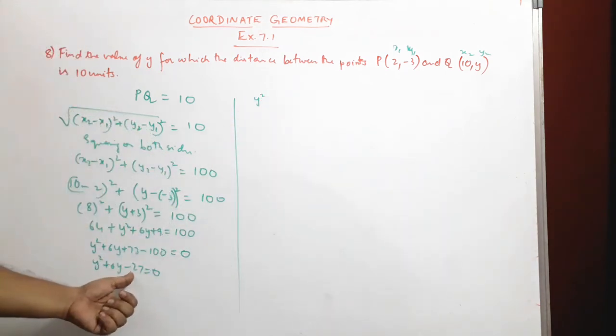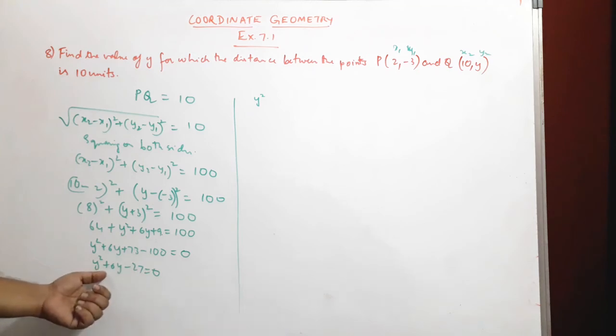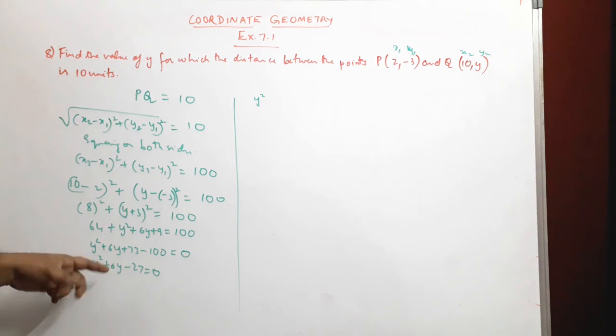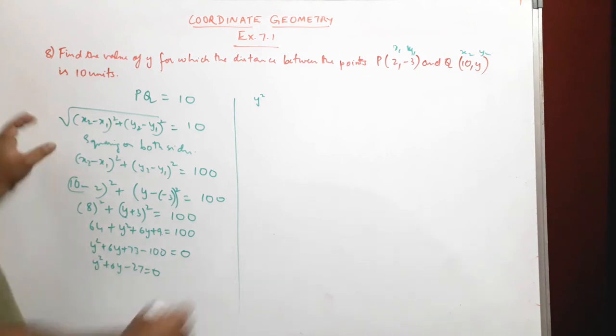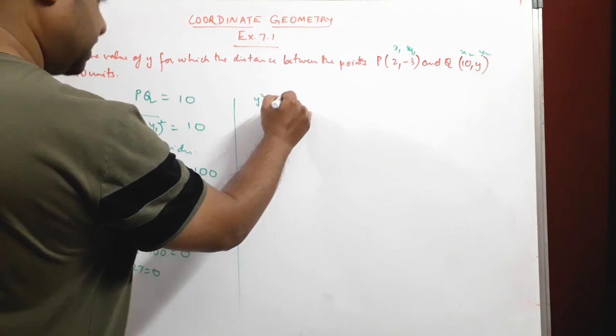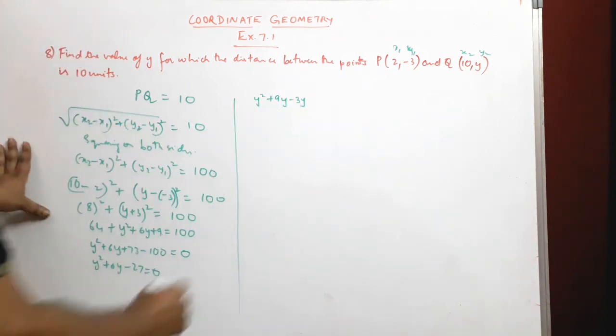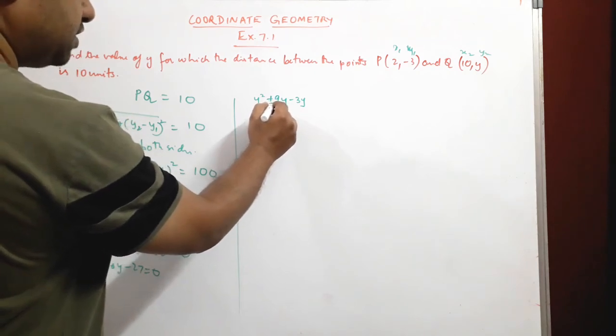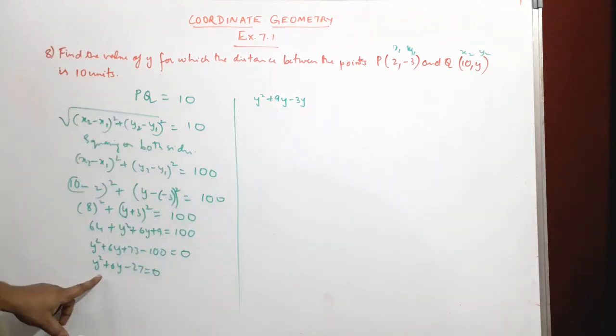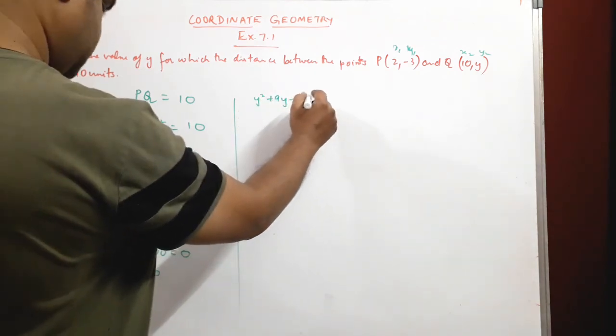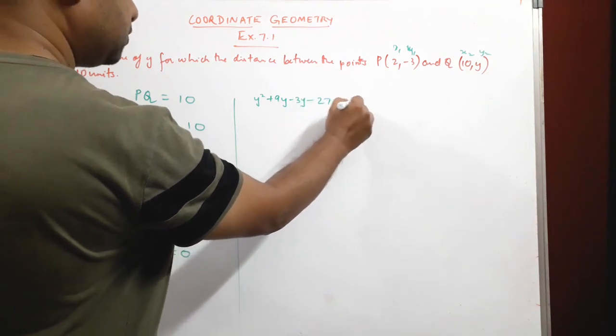So the final constant term is negative and the middle term is positive. That means there is a positive and a negative sign involved. The middle sign tells you the sign of the greater number. So 27 we can easily get plus 9y minus 3y. So 9 minus 3 gives us 6, and the sign of the greater number is positive, as shown over here. Minus 27 equal to 0.